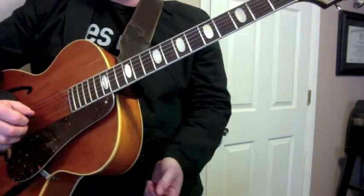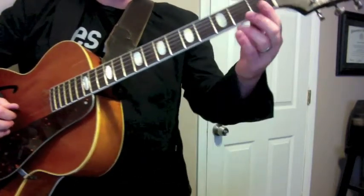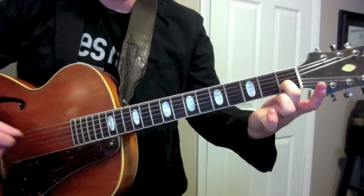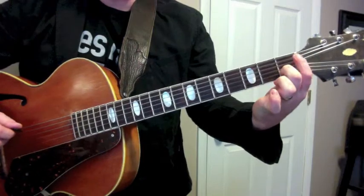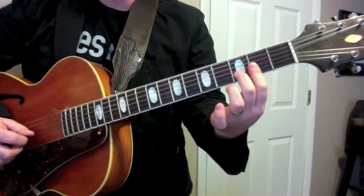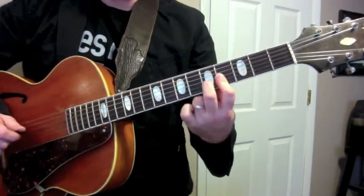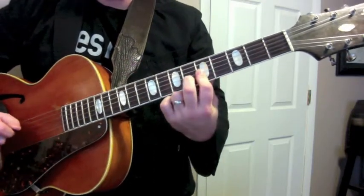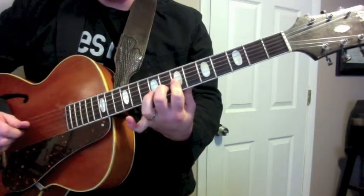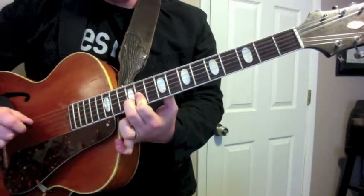And then I would do the same thing. My next string would actually be a second inversion. So I'll start down here with a C major. And I'm using 2nd finger there because the nut of the guitar is acting as my 1st finger with a fretted chord. And so there's D major, E major, F major, G major, A major, B major,